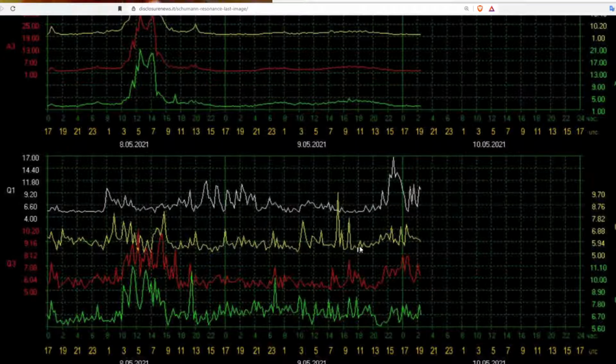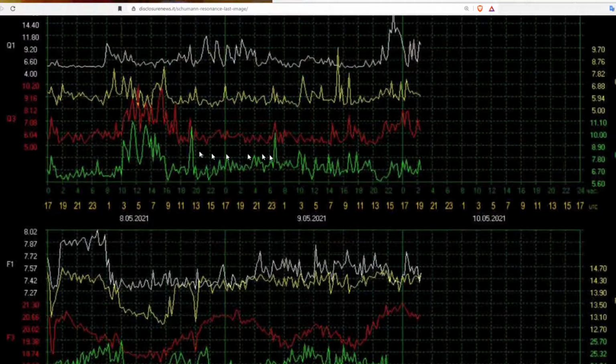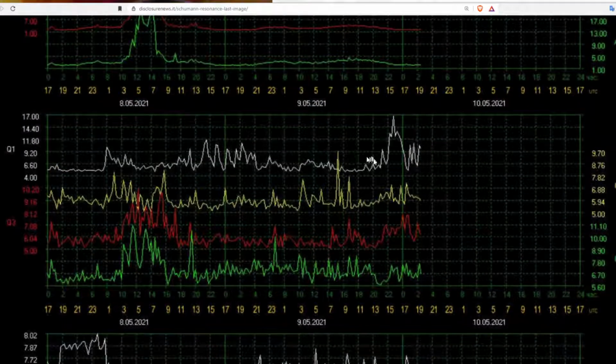Again, this is the magnetics. Quality is magnetics. Quality is the horizontal. Frequency is the measurement of the horizontal waves. So you see there's always some activity going here horizontally, and especially you get these big bumps here of yesterday's bumps. But you see the magnetics are always active because they're going around the world and they just keep going and going and going